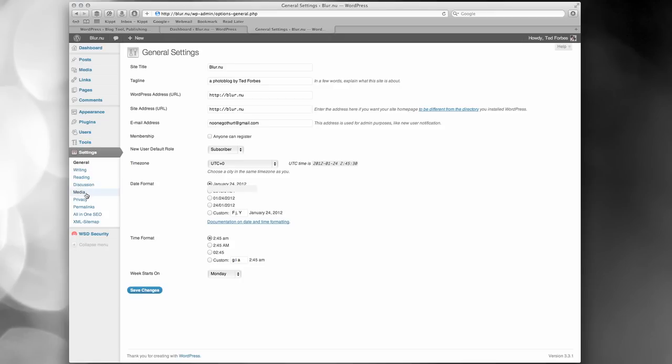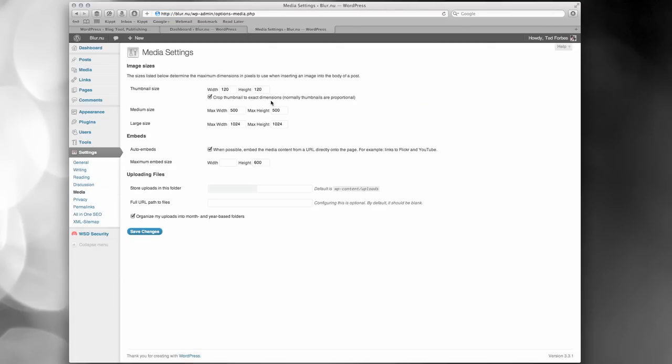If I go down to settings and then select media, it allows me to define in here how big I want the media to be. So what it does is this. If I upload an image into WordPress, let's say I'm creating a new blog post, it creates rendition sets, or basically different versions of that file. So if I upload a big JPEG image, it's going to make a thumbnail size that will crop to a square 120 by 120. And I use that on the home page.